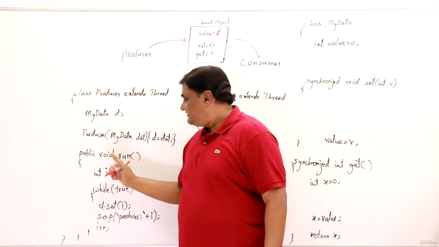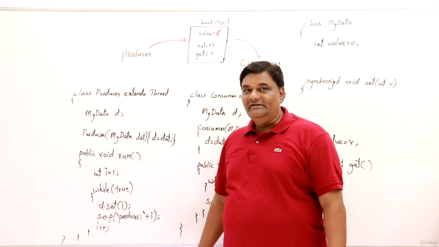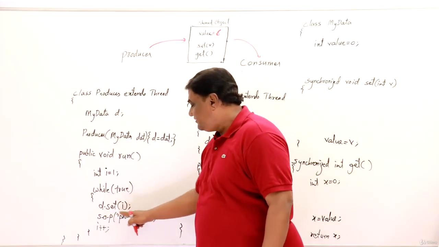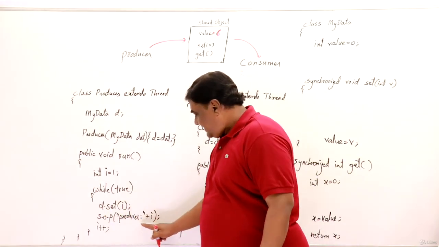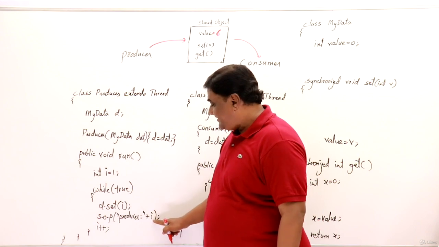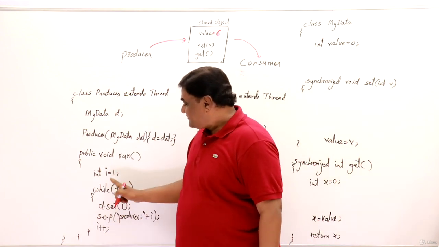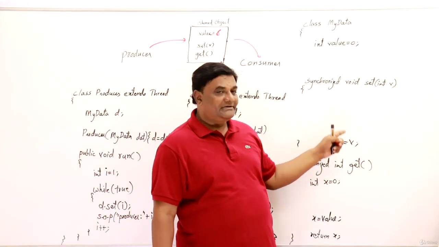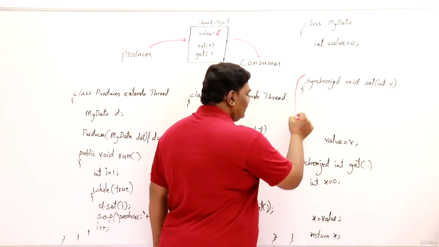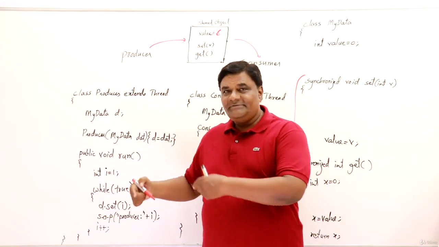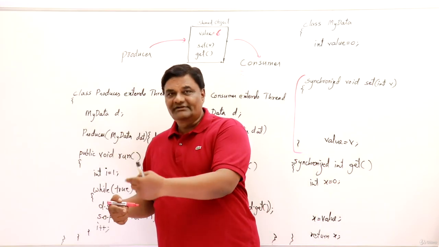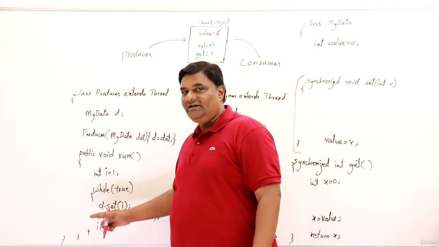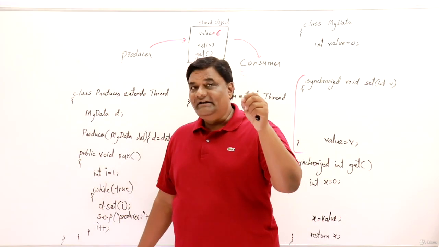Then as it is extending Thread, public void run must be implemented. Then here what it is doing, while true, it is calling d.set. And I am printing on the screen, producer has produced the value, and i++. So first i is 1, then it will be calling the set method of this one. And it will keep on changing i. i becomes 1, it will set it. Then i becomes 2, then set it, 3, 4, 5. So it will go on writing the value